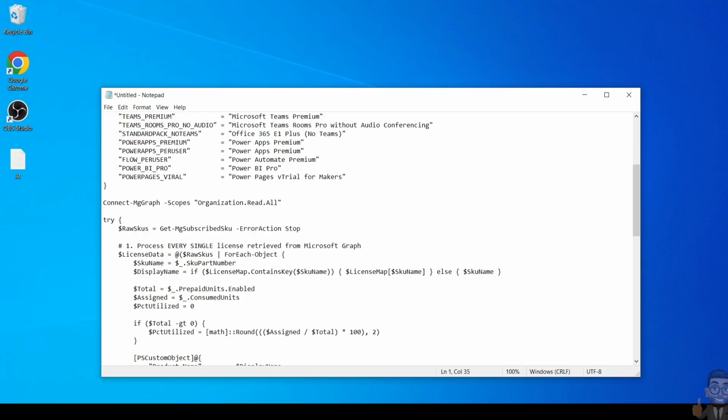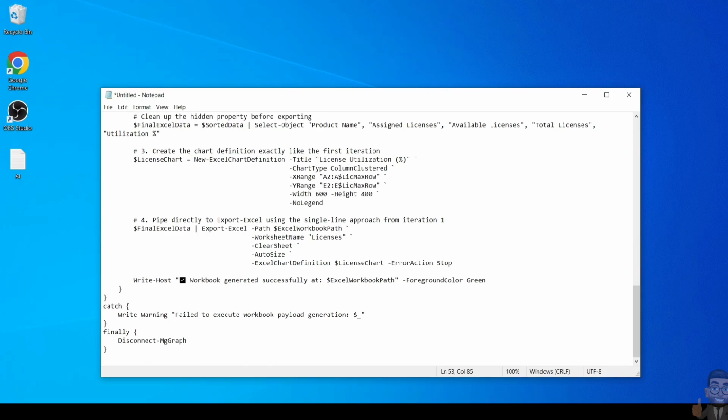So it is a basic PowerShell script. What it does, it connects with Microsoft.Graph. So you will need the Microsoft.Graph module installed on your computer, and only then you will be able to run it. Also, you will need a global admin account or an admin account which has at least a report reading role. So I have a couple of licenses on my tenant, so I will not see much action in the graphical representation. But if you have different licenses in your organization, you will see different charts as well